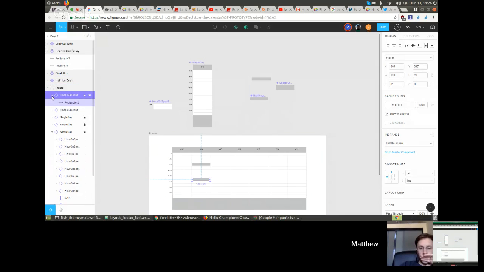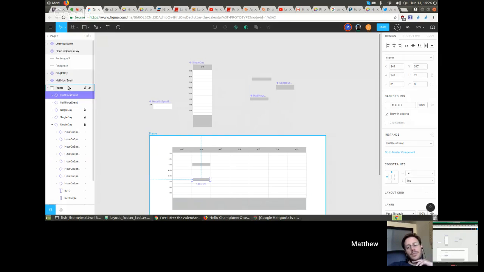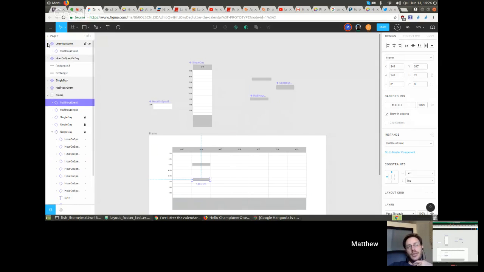So I have a question, or I guess I'm wondering something. Can you have parent components? Because I think the 1 hour one was created out of the half hour one, and then the 1 hour one was made into a component. Did you understand that? Yes. There is no concept of parent components. What you can do is